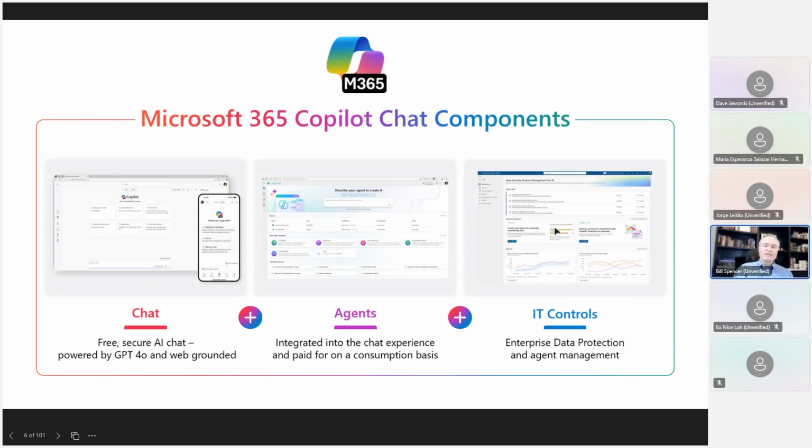Copilot Chat combines three valuable capabilities in a single offering. First is access to AI, powered by GPT-4o. By default, it's informed or grounded with the vast data indexed on the web. Second are agents integrated into chat that can be grounded on your work data and paid for on a metered or consumption pay-as-you-go basis. So you don't need a full subscription to Copilot to have responses informed by your work